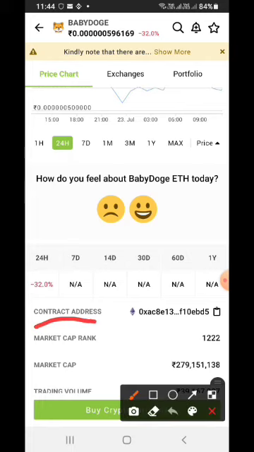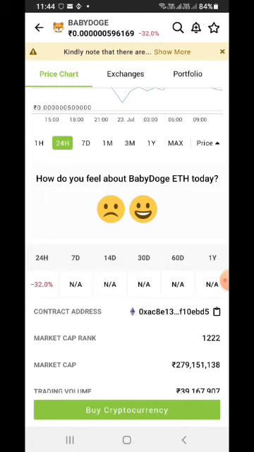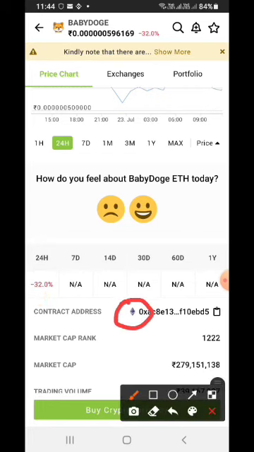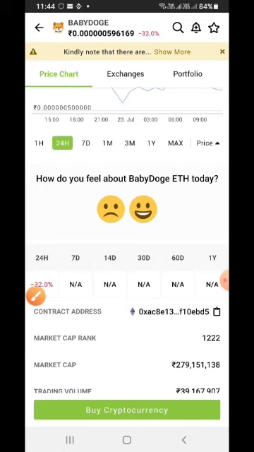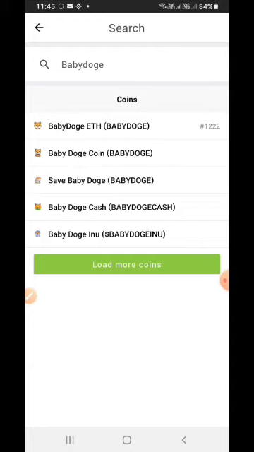This is the contract address. Here it shows Ethereum. If you want to buy this coin, you need Ethereum. Since we have only BNB, you cannot buy this Baby Doge ETH coin.